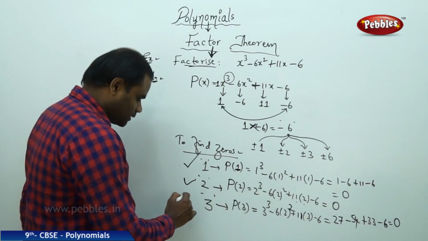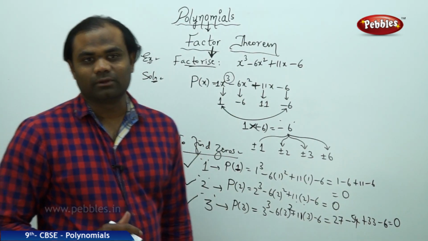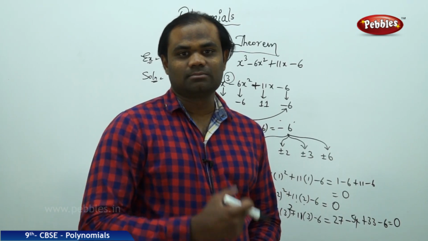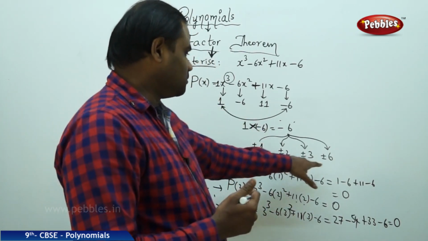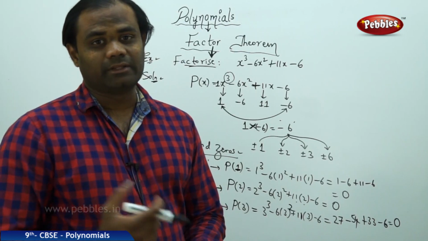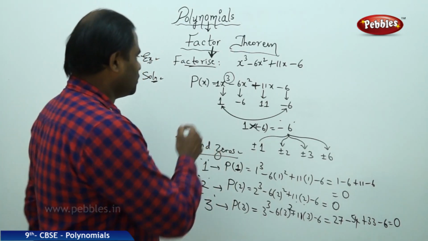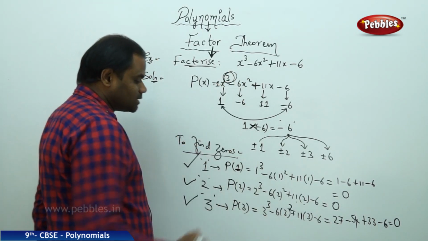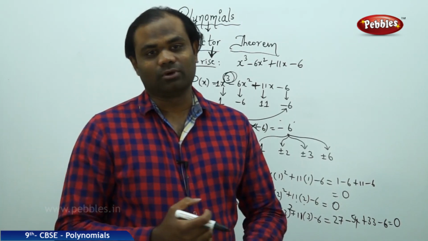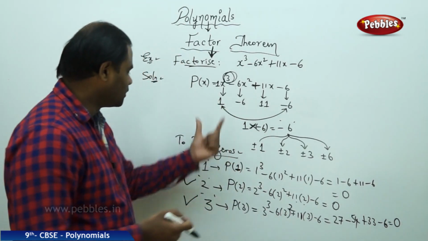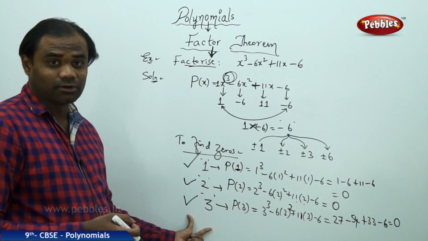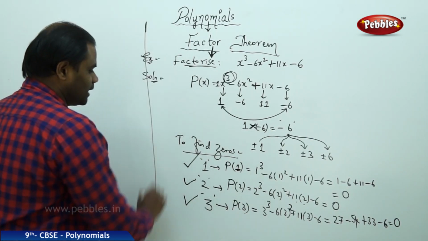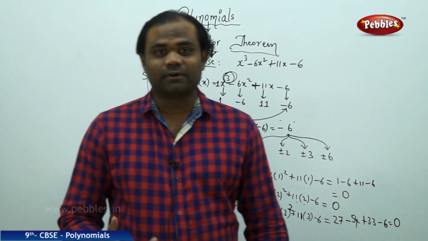And therefore, even 3 is a zero of the polynomial p of x. Similarly, we try to test randomly through even 6. And then finally, because the degree of the polynomial is 3, I search for 3 zeros of the polynomial. So now that I got these 3 zeros, I just directly have the remainder theorem, which says if